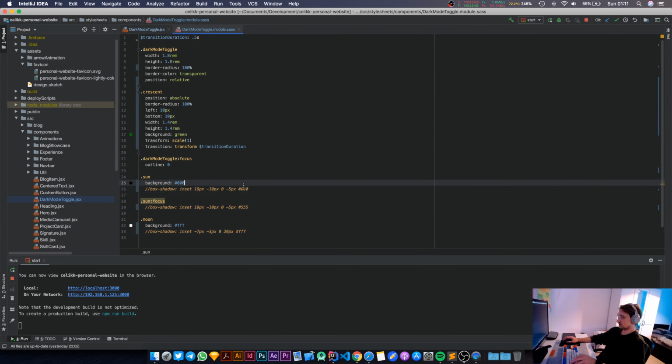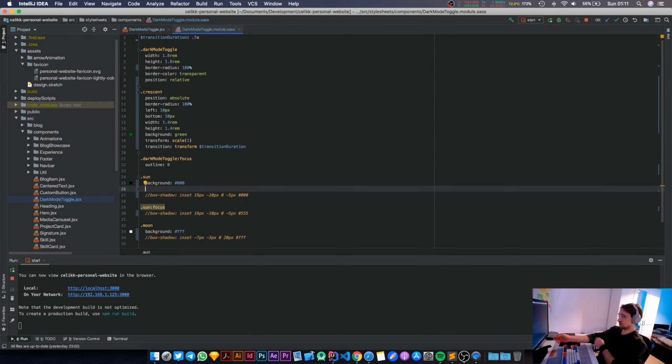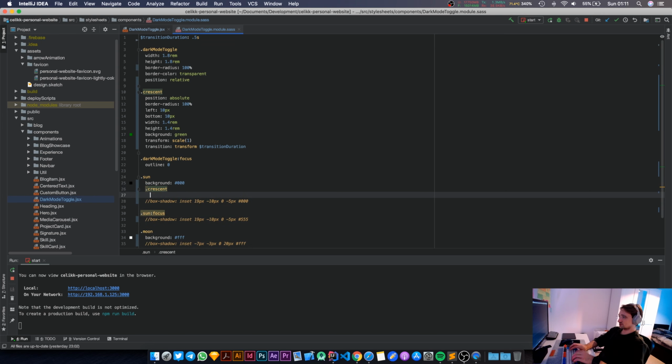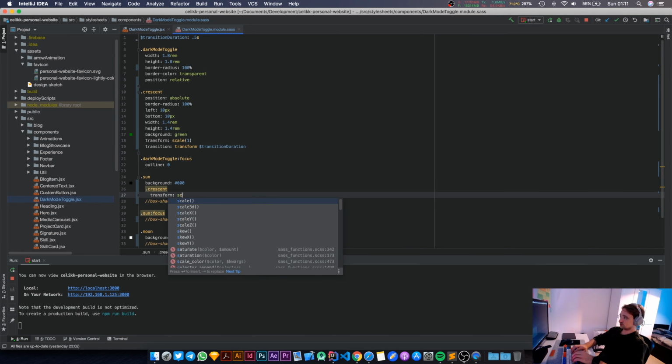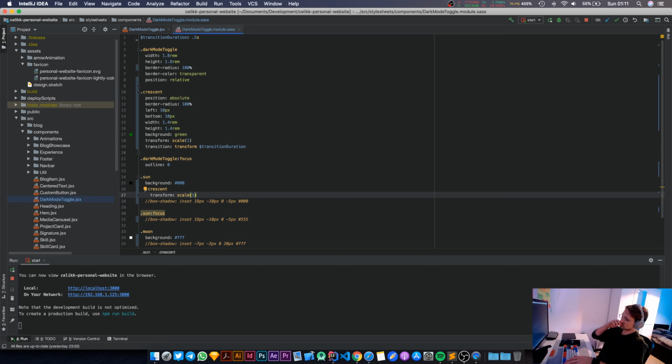Okay, now we need to animate the scale for the crescent. Anyway, now what we can do is we can say crescent, and we need to transition the transform. Yes, that's done. Scale. Transform scale 1. So the sun. No, actually, if the sun is showing, then this shouldn't be showing. If the moon is showing up, then